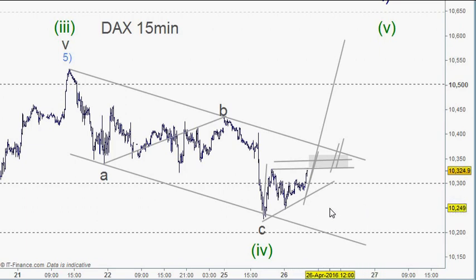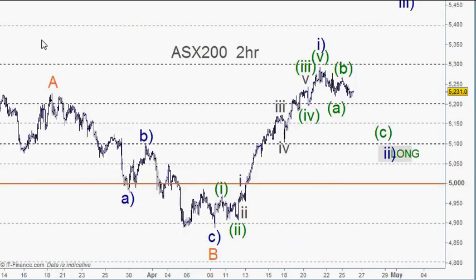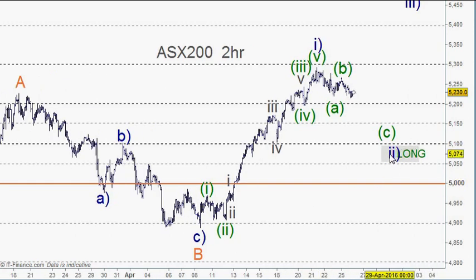So yeah, we have this correction that in the S&P 500 is probably not completed. In the DAX for wave 4 it's probably completed. And in the Australian market here, we've got this nice move up here on the 2-hour chart. We've been counting 5 waves up there, and we're looking for a correction, and the correction can pull back into this area here. I kind of wouldn't hold my breath about that, because all the retracements are being quite shallow, but at the same time we need to note it down, and then we need to work through the count